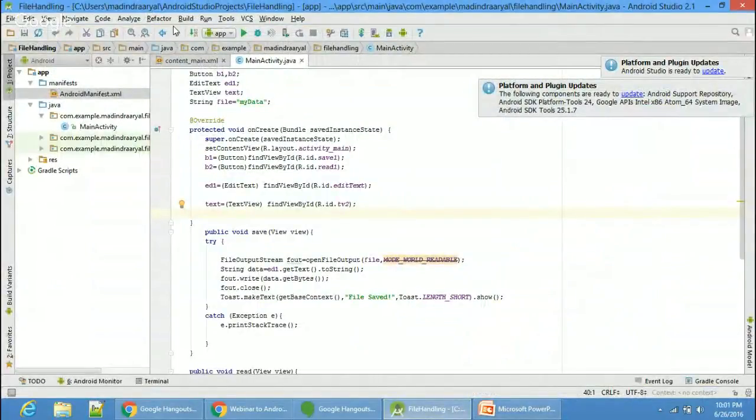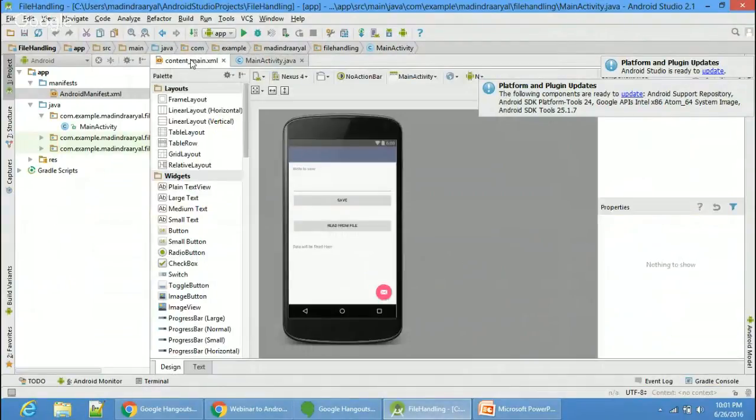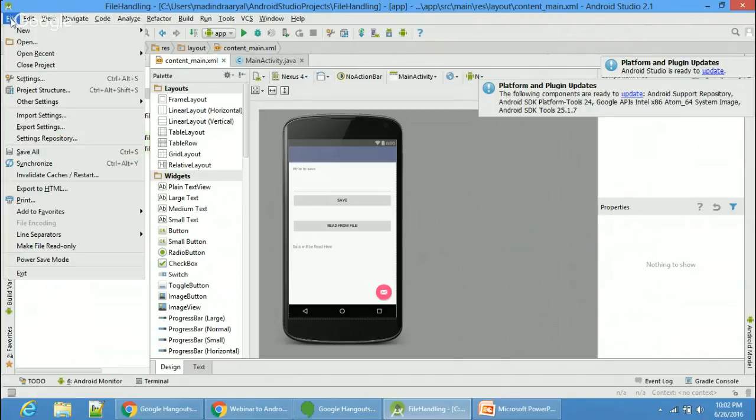All of you might remember that a couple of web sessions earlier we developed a file handling application where we were able to write to a file and read from an existing file. This was our project, and now in our current webinar session we'll be developing an SMS application. So let's move ahead and create a new project